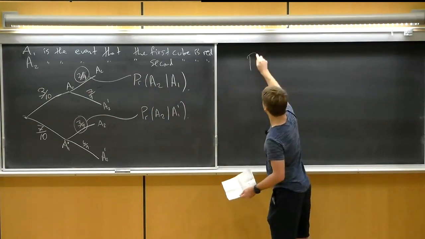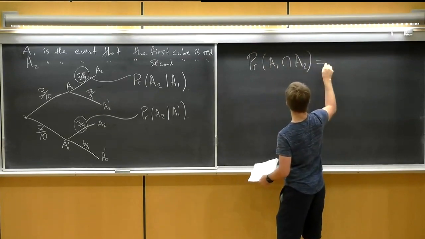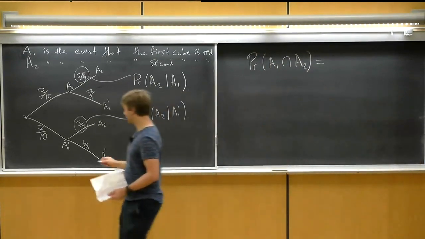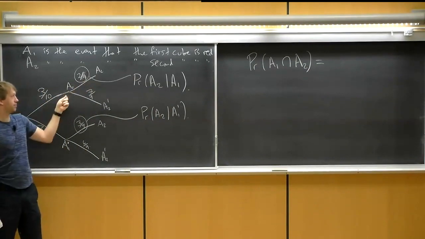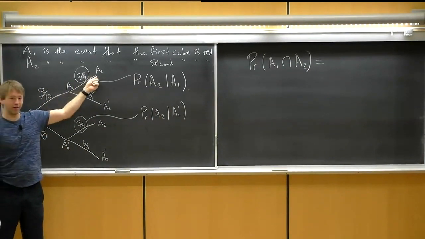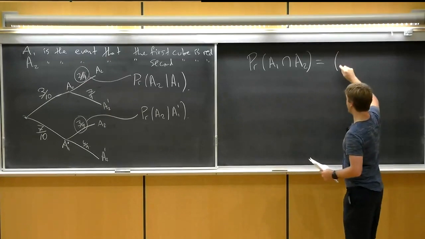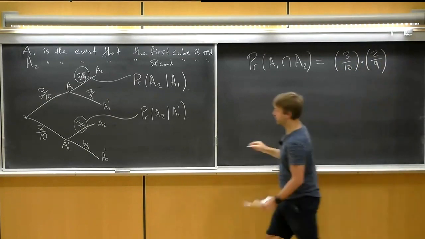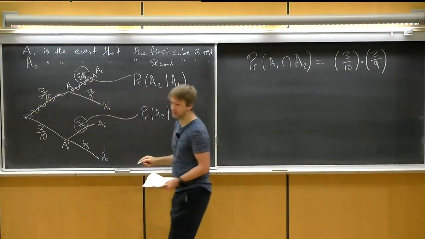Like for example, if I want the probability of A1 and A2, the way you compute this, you start from the beginning and you say, okay, I want A1 to happen. That has probability 3 over 10. And then I want A2 to happen, which given A1 has probability 2 over 9. So you just follow the correct branches of the tree. And the answer ends up being 3 over 10 times 2 over 9. So you follow this branch to say A1 happened, and then that branch to say A2 happened,